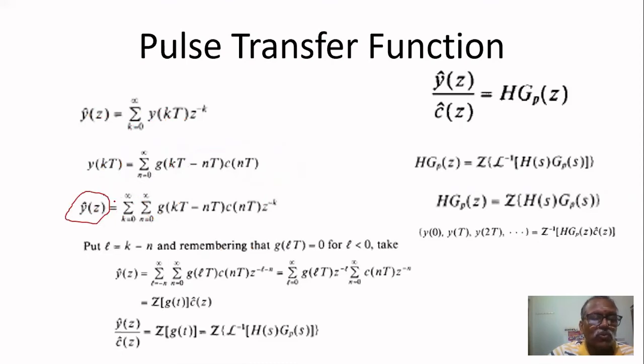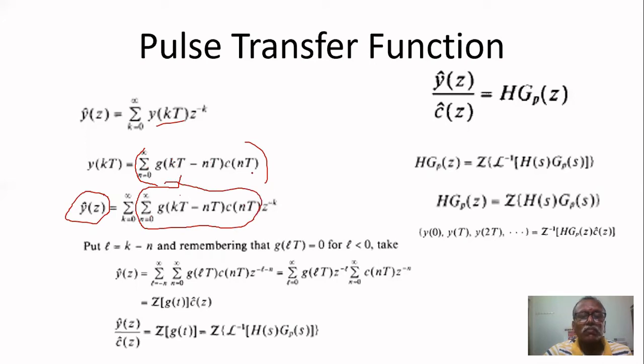By using that definition, we can write y of z equal to sigma k equal to 0 to infinity. You substitute y of kT here, then z power minus k. Now we can substitute. If you take this T outside, you will get k minus n. Let us assume that k minus n equal to L. If you put, then the equation becomes y of z equal to sigma k equal to